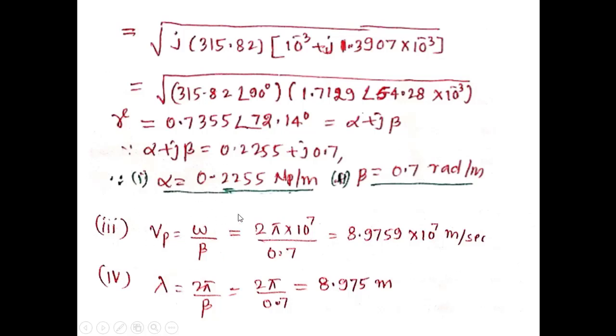The phase velocity is given by angular frequency divided by phase constant beta. The angular frequency is given by 2 pi f is equal to 2 pi into 10 raised to 7, and beta already calculated is 0.7 radian per meter. If you simplify, we'll get 8.9759 into 10 raised to 7 meter per second. And the wavelength lambda is given by 2 pi by beta. Beta is calculated. Therefore, if you simplify, we'll get